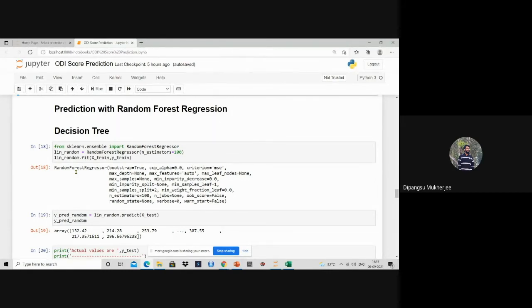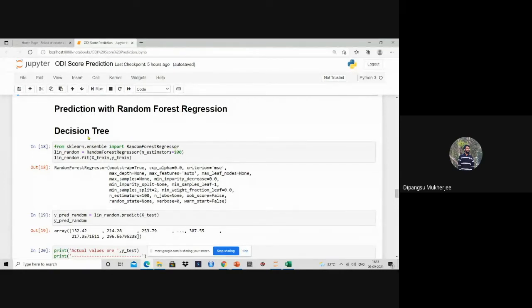That's why random forest is called an ensemble learning technique, so we use ensemble from the sklearn library. We write from sklearn.ensemble import RandomForestRegressor.